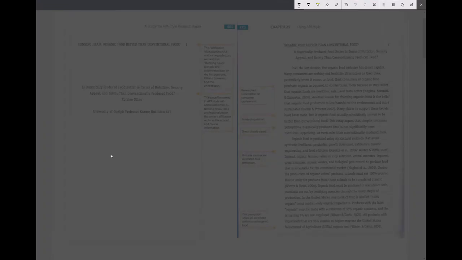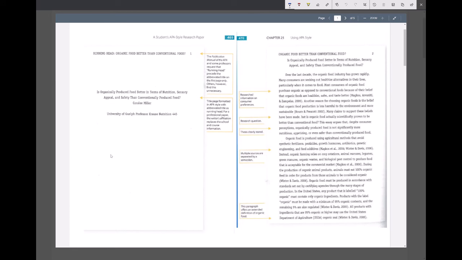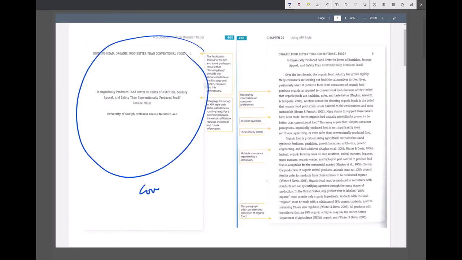So let's go through each page in a bit more detail. This page you've seen, so this is your cover page. You should know how to do this by now. So this title here is your research paper.